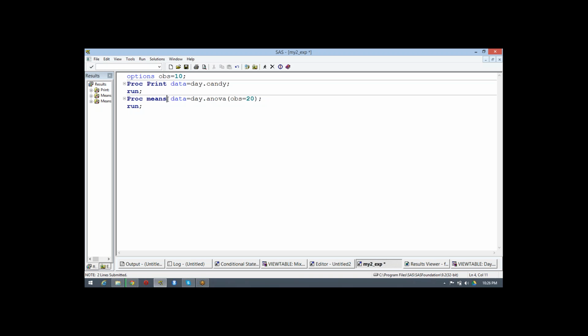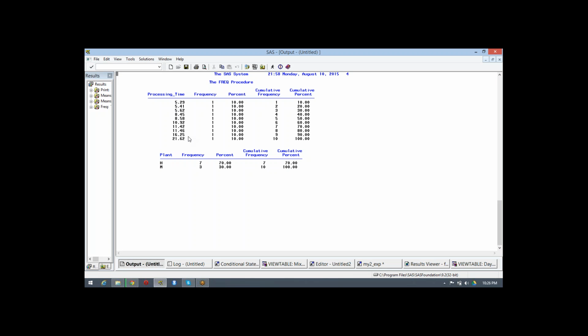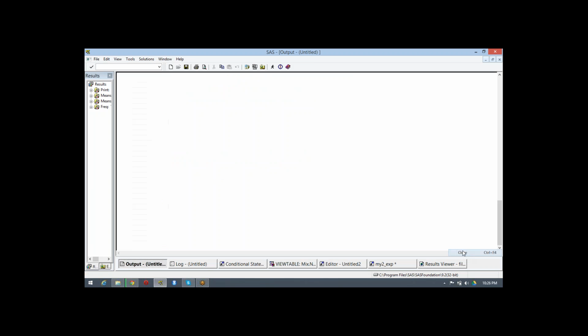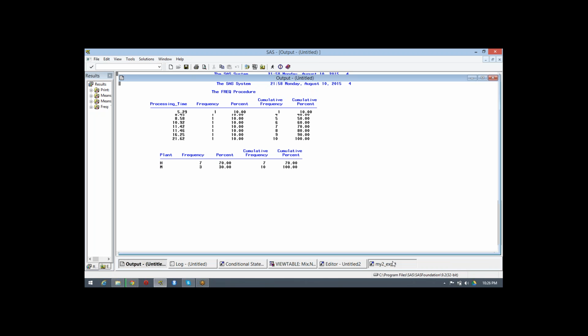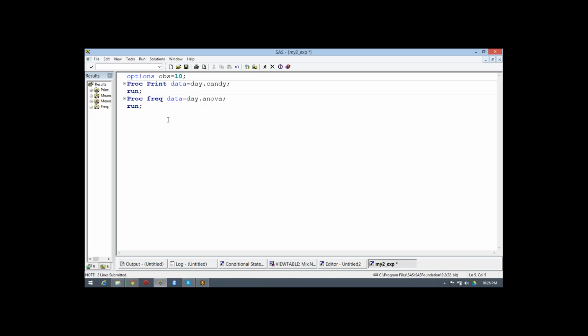If I execute proc frequency also, and I remove this, the output is only for 10. By default it considers 10. So it is sometimes useful whenever you want to work only on restricted observations.